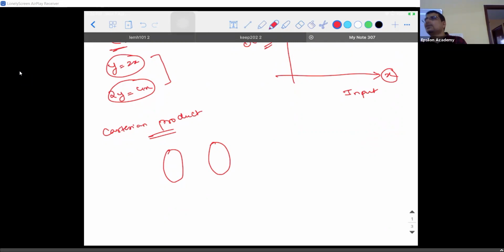X value is the input. When you give that input to the required equation, you get an output in terms of y. That is what you plot on the graph sheet, right? So if I take two sets A and B, set A will generally be called the domain, range, everything keep it aside, I'll come to that point. This is called the input set and this is called the output set, right? So if I have to understand what is a Cartesian product, then what am I supposed to do? What is a Cartesian product?